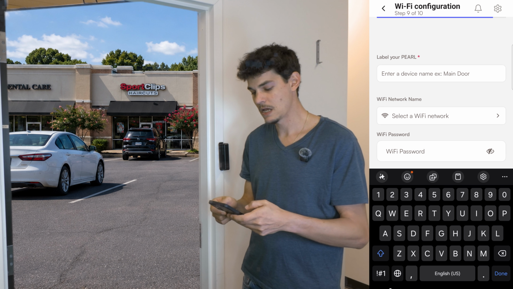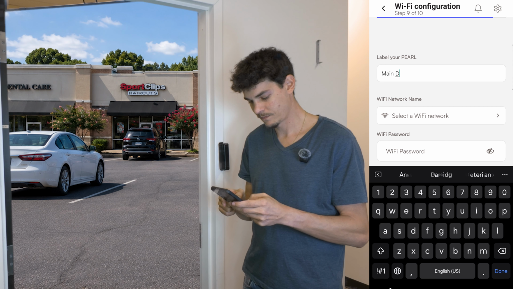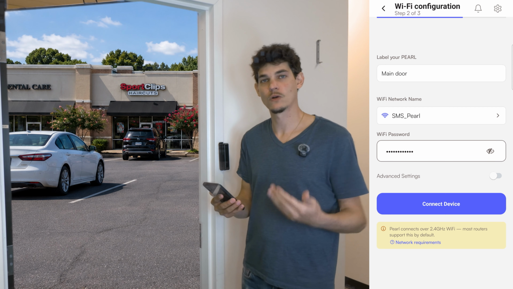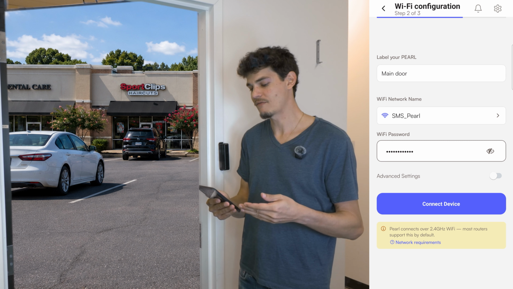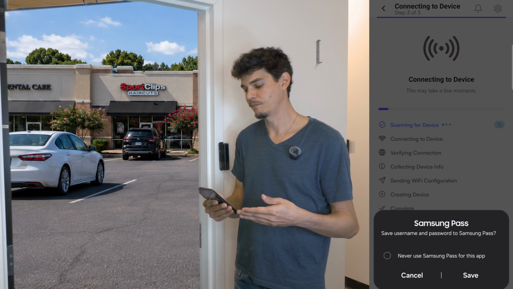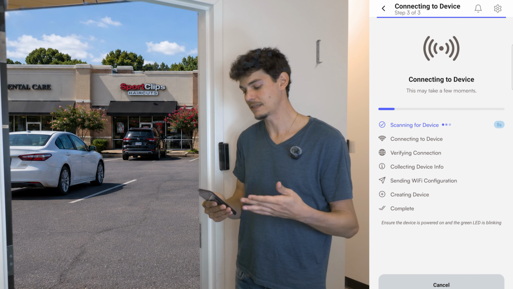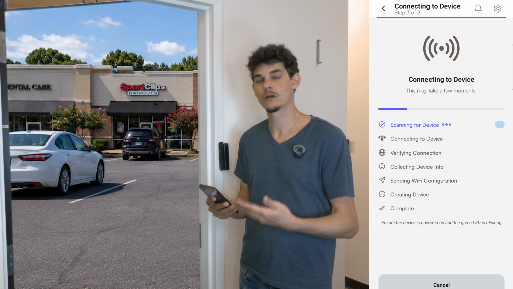So in this case, I only have one door in this location, so I'm going to call it main door. Okay, so we've named the Pearl main door because we've only got one door in the location. We've entered our Wi-Fi SSID as it appears when you scan for the network, case sensitive, and the password as well. So we're going to go ahead and click link to network,